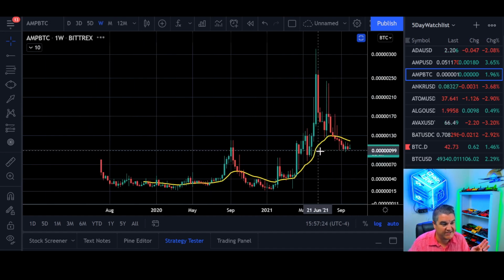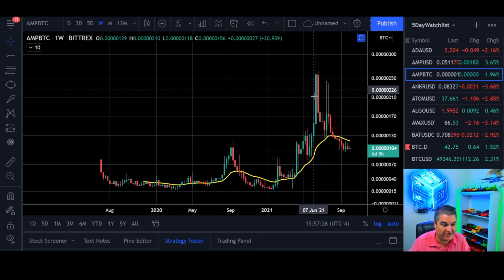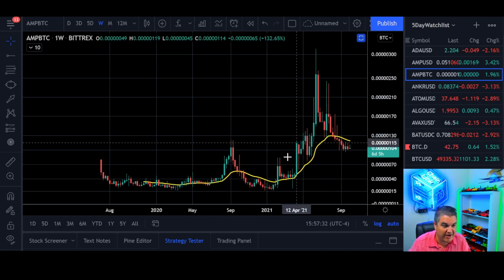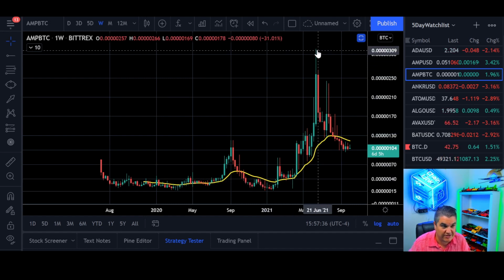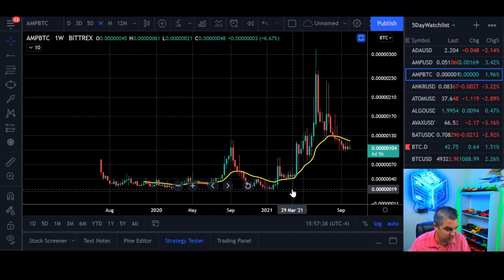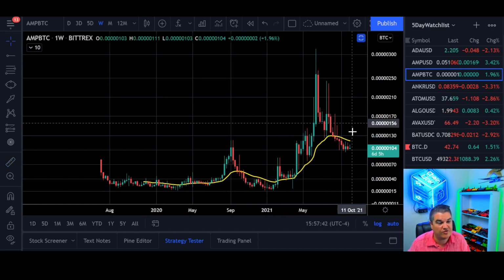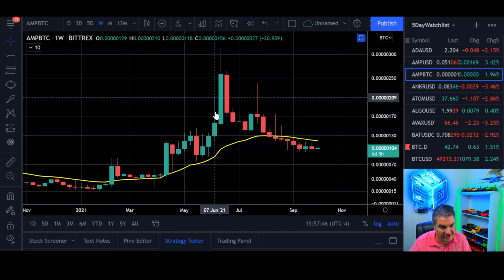This is AMPBTC and its entire history against Bitcoin on a weekly scale. So each of these candles is a week. Notice the massive move this year from AMP. Went from just fractions to, let's see what kind of percent move from this low here. So that's a 1,500% move in about 70 days. So that got a little testy against Bitcoin, didn't it?